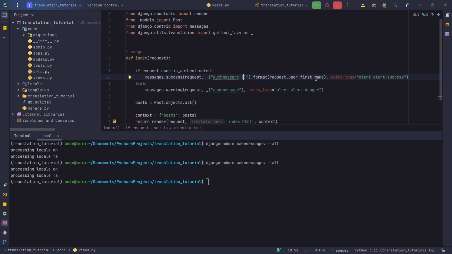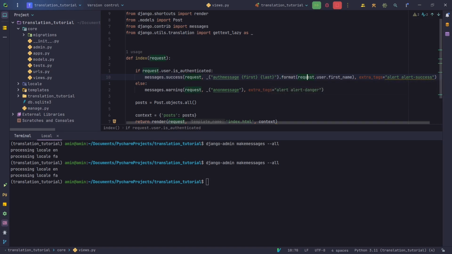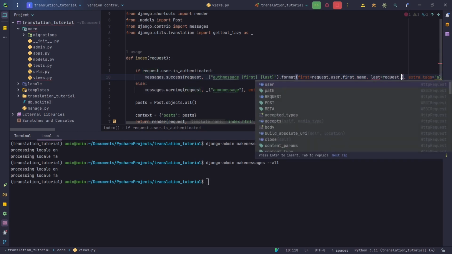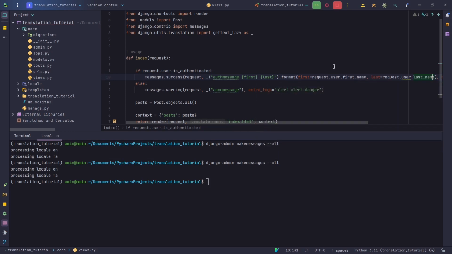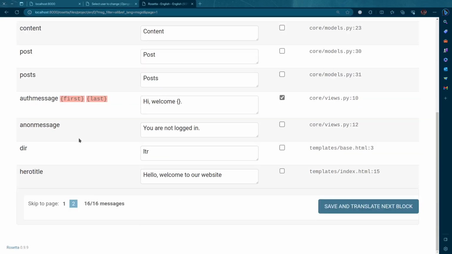So what I said earlier, I'm just gonna do it. Let me just assign a variable here, not Amin. We say first, that stands for first name, and we do another one, last, and that stands for last name. And in here we have to assign first equals to this, and last equals to request.user.lastName. And this first and last are just similar to what we assigned here. So let's make messages as well. Refresh our Rosetta, and